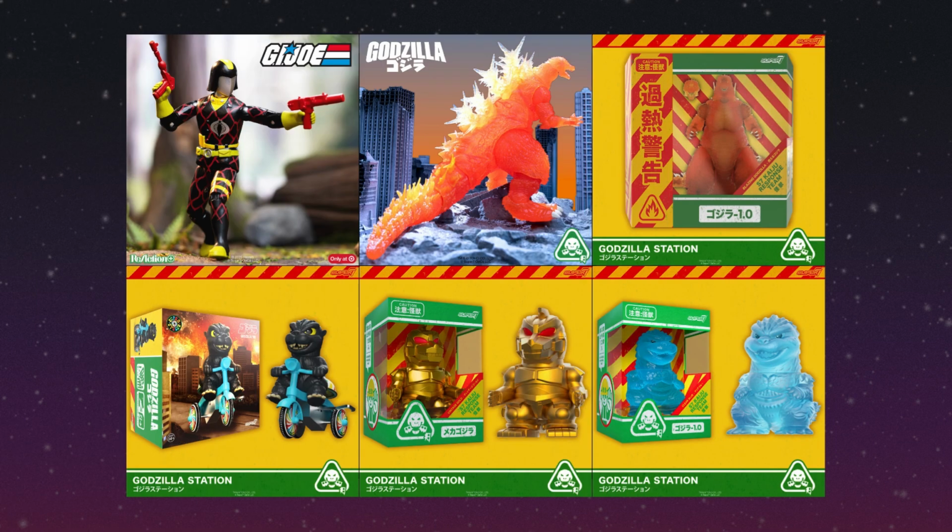And in Super 7 news, we have a look at, first up, the Target exclusive Python Patrol Cobra Commander, which will be available at Target later on this year. And then next up, we have some Comic-Con exclusives, all Godzilla things. We have little chibi Godzilla on a trike. They've been doing all these different characters, Universal Monsters, Godzilla, other characters on these little trikes, really cute. And then we got some chibi Godzillas of Godzilla in a blue gamma glow, and then a gold Mecha Godzilla,